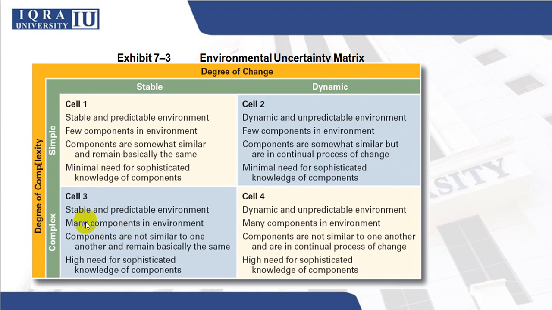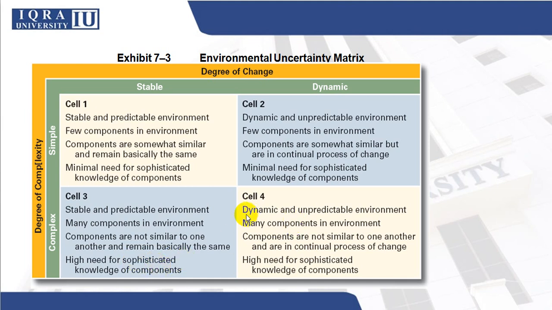Then if we talk about cell number 3, it has a complex degree and the degree of change is stable. It is a stable and predictable environment. Many components are there in the environment, so for sure the competition must be tough. Components are not similar to one another and remain basically the same. There is a high need for sophisticated knowledge of components. As I have said, this is highly impacting the organization, so you should have knowledge of the components and obviously it's going to create a strong impact, so the organization can suffer. You should know how sophisticated the components are and how you have to deal